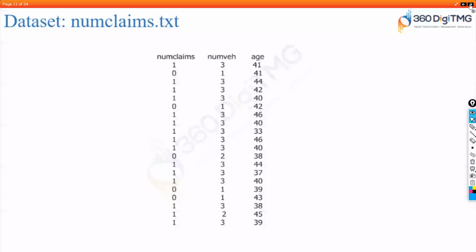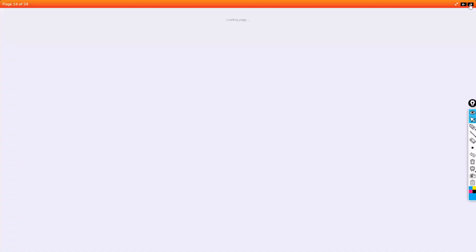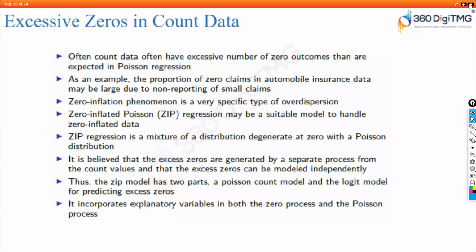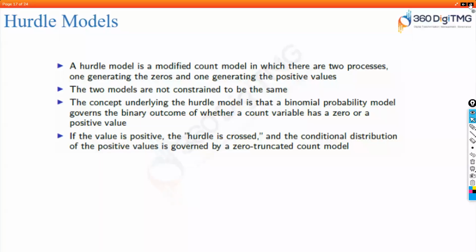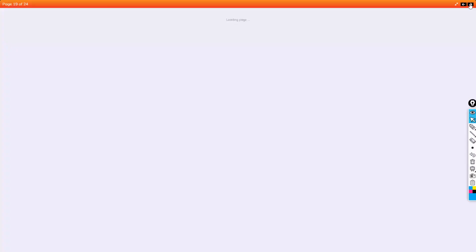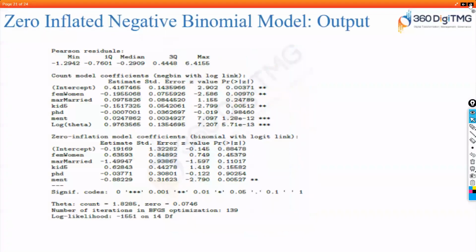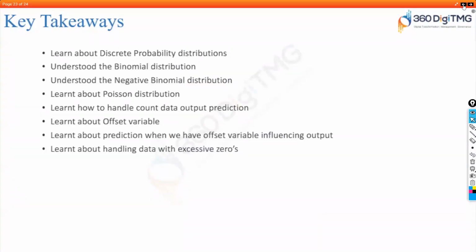So even before we get into the Poisson distribution and offset, and you have excessive zeros and count models, dual models, hurdle models, zero inflated. Okay, I'm just looking at all of that, but I would prefer to write down and then explain. 2 or 3 things that I want to quickly explain to you all. Number 1,